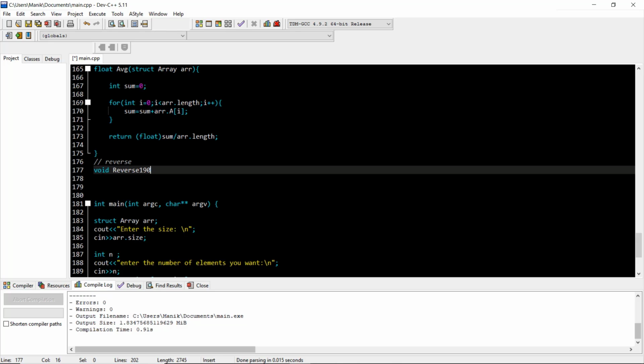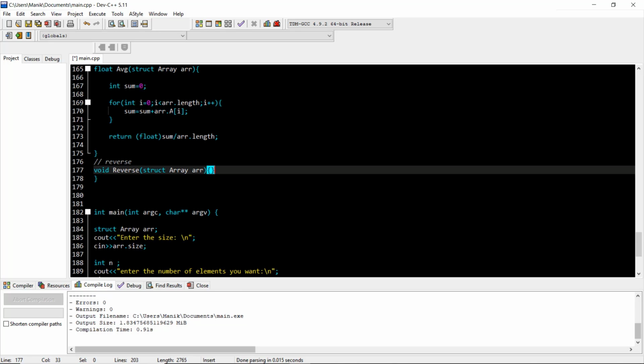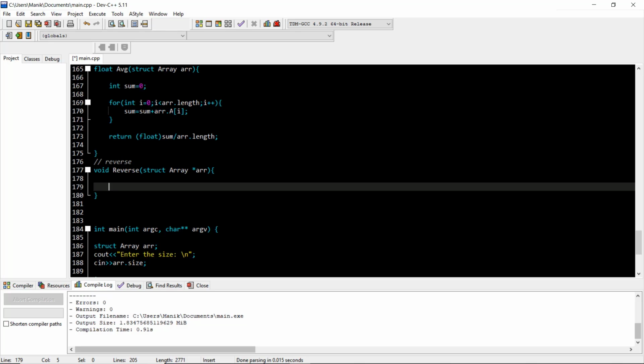1. Okay, so struct array arr, we want to pass the array, and the array should be passed as star type. Why? Because we need to do modification, that is why.